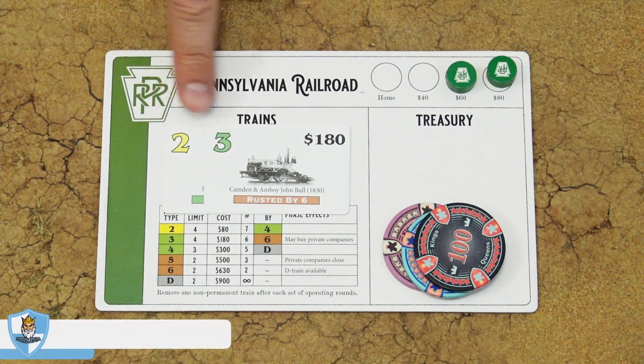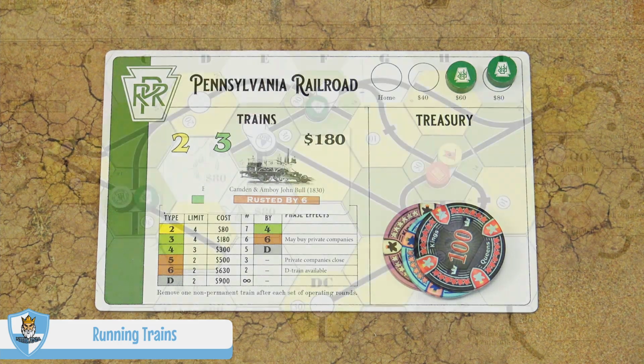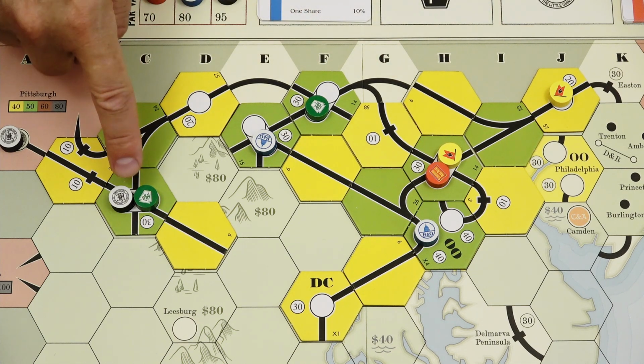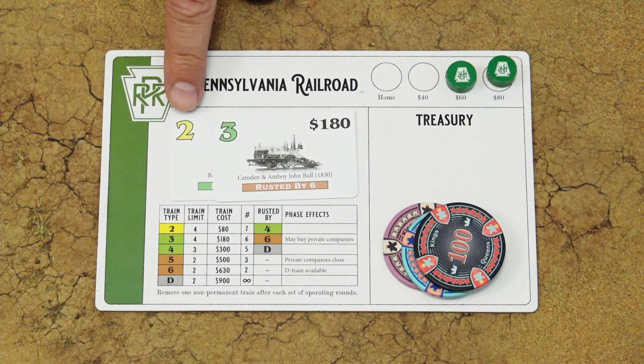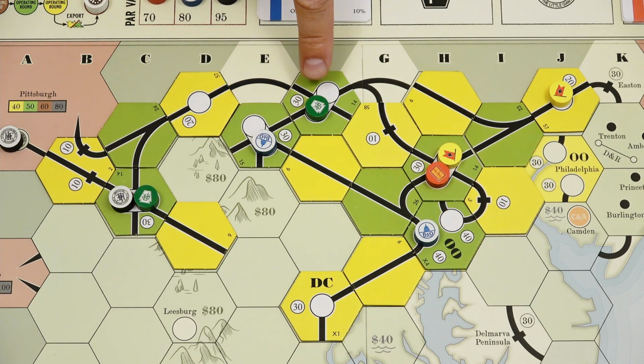So when the company runs its trains, each train must be on a separate route. That means the routes of those trains must never share any segment of track. However, those routes may go through the same city as long as they come in and get out using different tracks. So here we have one 2 train and one 3 train. If the 3 train would start in this location, then visit this location and then continue to this one,